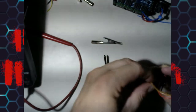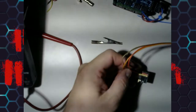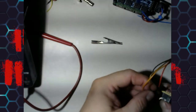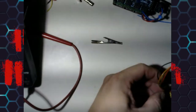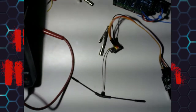So I need to connect RX to TX. So brown should go on 2 and orange should go on 3. If that doesn't work, I'll reverse them and try that. So here we go. We've got our configuration, we have a serial to TTL converter. We'll hook that up to the laptop and try and flash it. Alrighty, so we ended up UART flashing this thing with ExpressLRS Configurator,